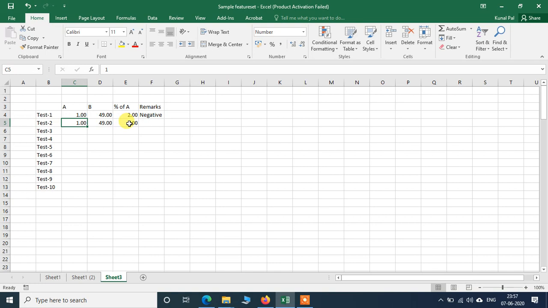Now the trick over here is that I want to use the formulation which I have previously developed in test 1. Otherwise we have to use a fresh amount of A and fresh amount of B to make this formulation.